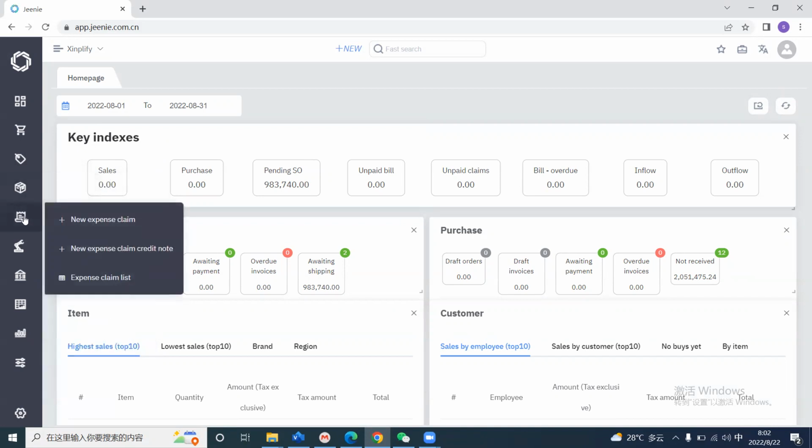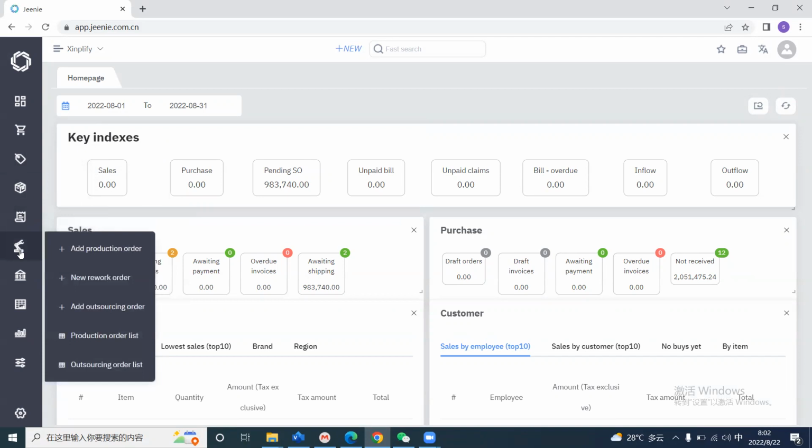And we have another one, expense claim. The employees can input their expense claims. The next one is production management, so you can also do production management in our system. And also bank. The next one is bank. Bank is about the